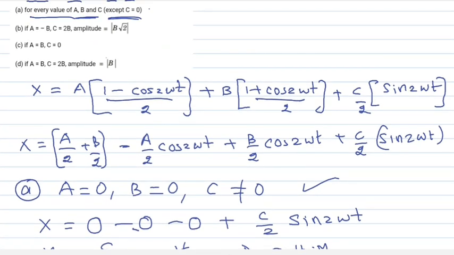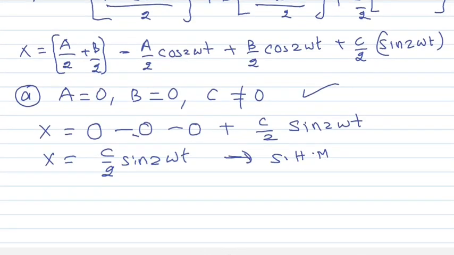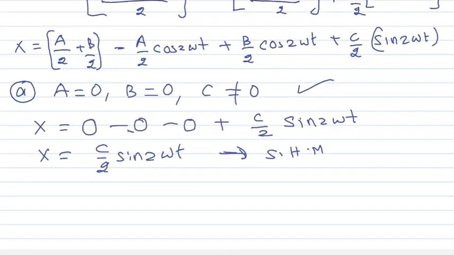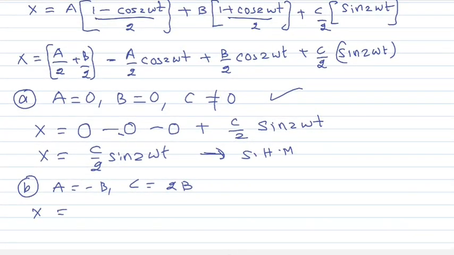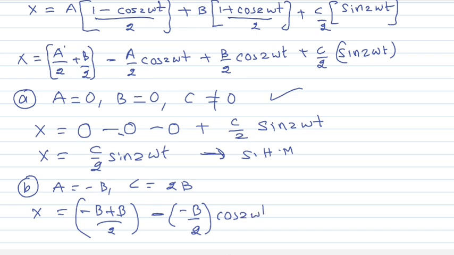A is equal to minus b, c is equal to 2b. Second option is a is equal to minus b, and c is equal to 2b. Okay. So now we got x is equal to, in the place of a, if I substitute a is equal to minus b here, I will be getting minus b plus b by 2, minus, in the place of a, I am substituting minus b here, minus b by 2 into cos 2 omega t plus b by 2 into cos 2 omega t